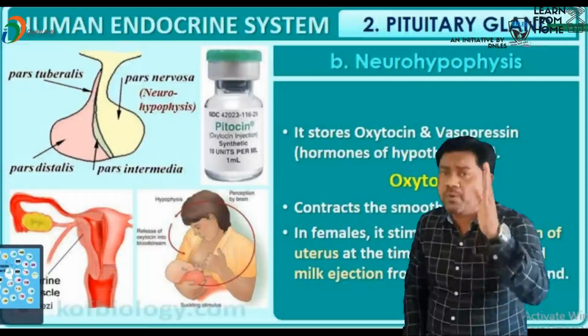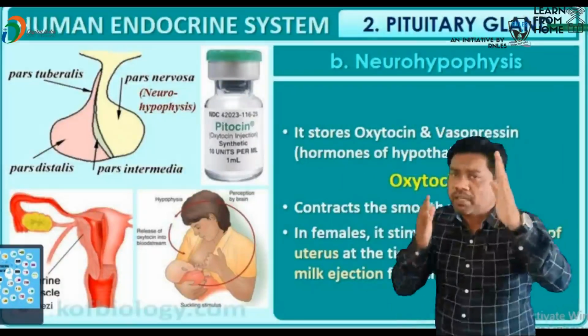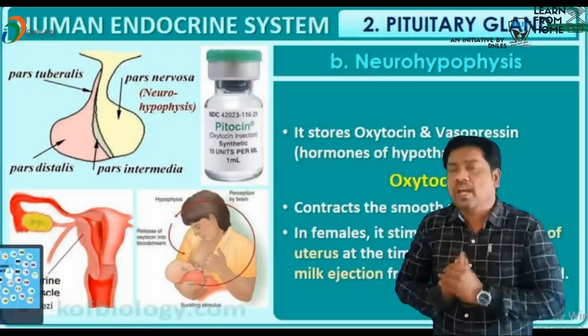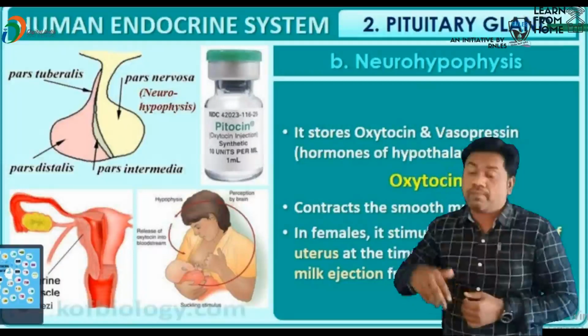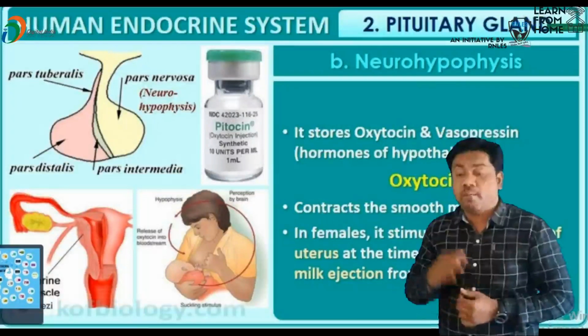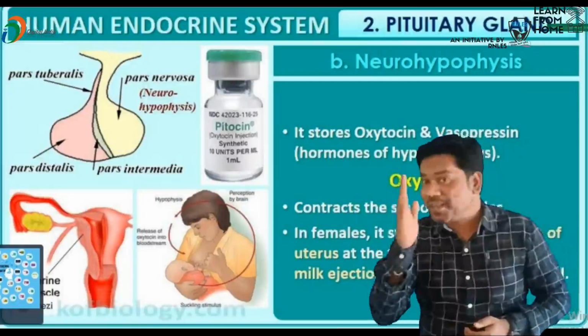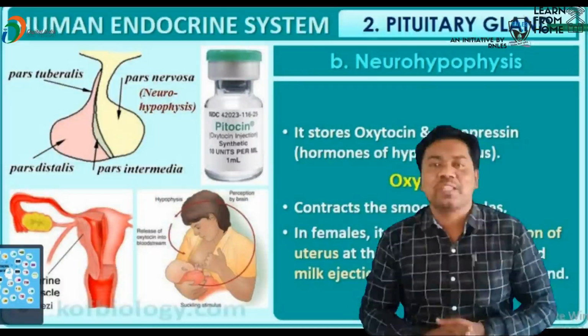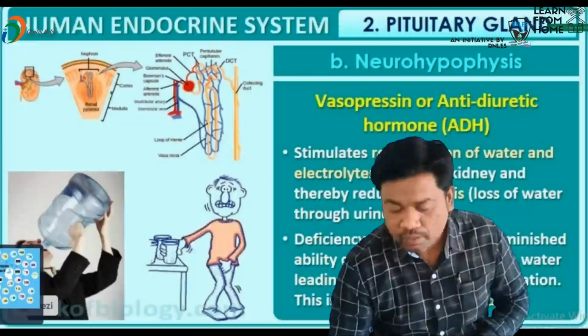So which is known as a milk producing hormone? Lactogenic hormone is called the milk producing hormone, but the milk releasing hormone is oxytocin. In females it stimulates the contraction of the uterus at the time of childbirth and milk ejection from the mammary gland. So that is the role of oxytocin. That question was also given in the previous entrance examination. So after that,